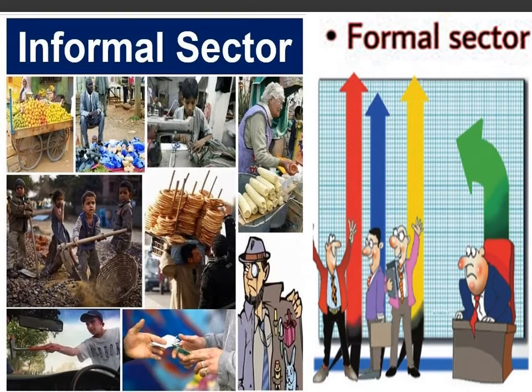Contribution of the formal and informal sector in the development of industries. Both the formal and informal sectors promote industrial growth in Pakistan. The formal sector includes many local and multinational companies which are registered with the government. Examples of the formal sector are Pakistan Steel Mill, Cotton Textile Mill, Pharmaceutical companies, Engro Corporation,